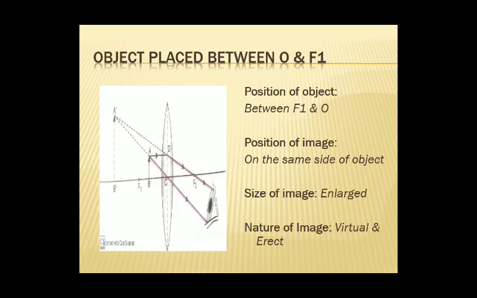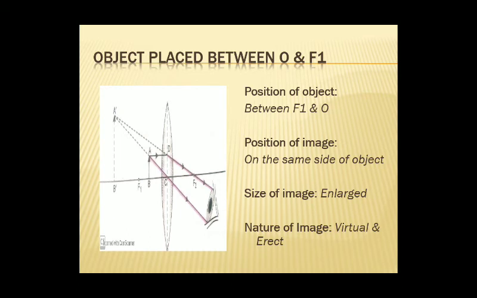Next one, when the object is very close to the lens, between O and F1. Rule 1, line AD, then passing through F2, and rule 3, passing through the optical center, it goes undeviated. On the right hand side, what you are observing is that they are moving apart from each other, right? No doubt that the rays will meet. They are moving apart, दूर जा रही हैं एक दूसरे से.